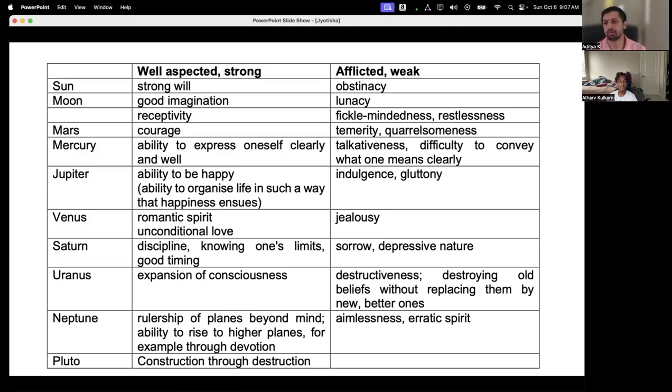Okay, depending on our behavior, depending on what actions we have performed in this life and in our previous lives, the graha's vibrations will act on us in a way that those behaviors will come out within us. Like I said, the whole purpose for learning astrology is to understand what we have done previously, what we are doing now, how that is leading to good or bad effects, and how we can rectify ourselves.